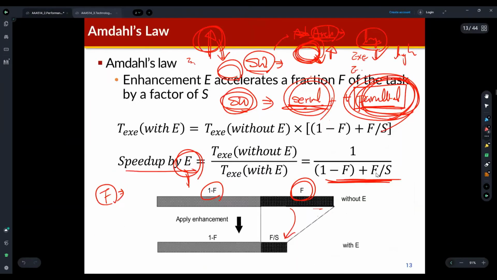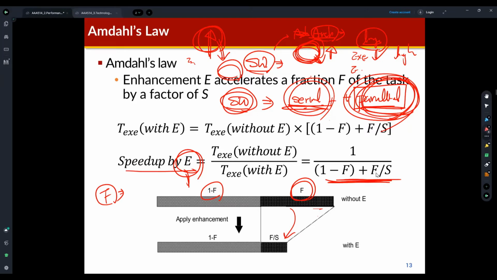So, Amdahl's law. Amdahl's law is actually a very famous law in computer system research, because Amdahl's law says that only the enhanced part influences the performance of the overall system. So which means,